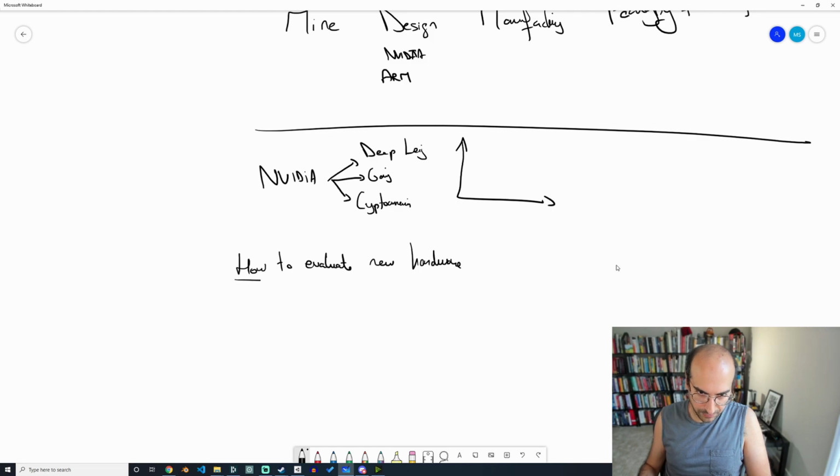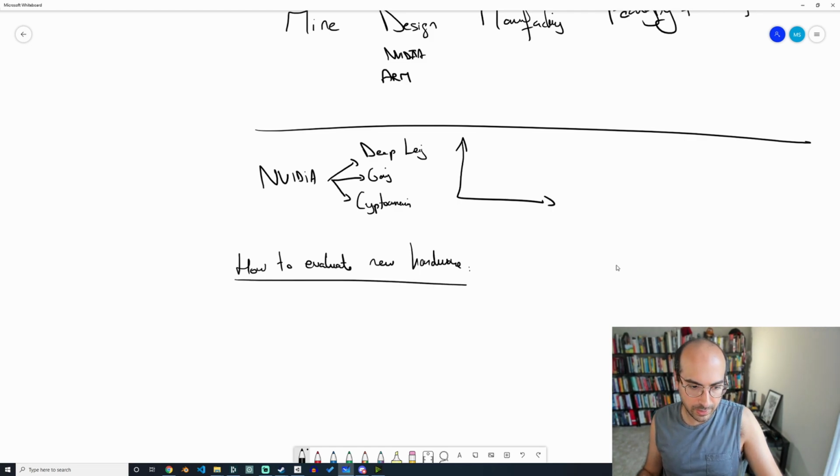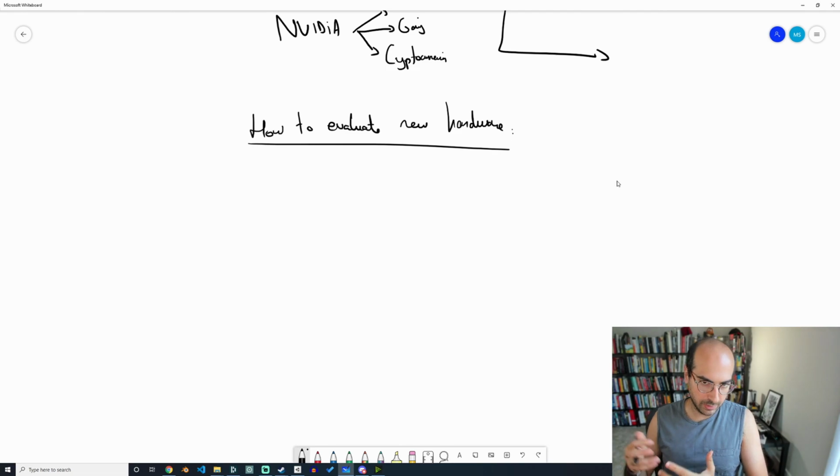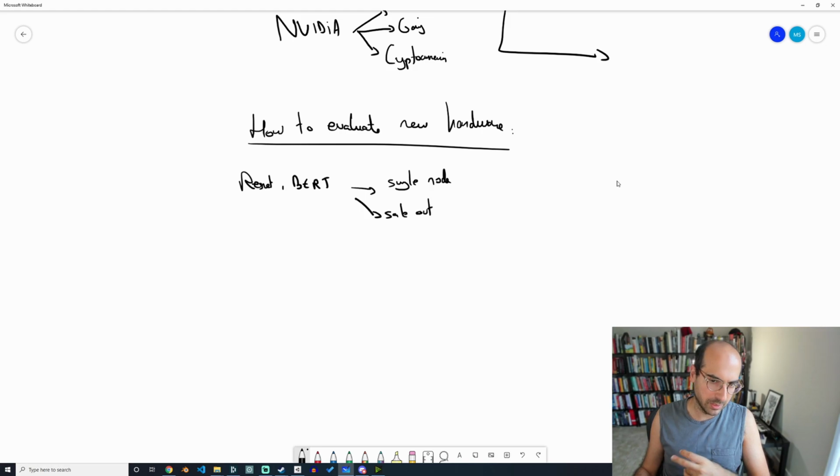The first thing to keep in mind is that when you're evaluating something, there's a couple of benchmarks that really matter. In deep learning, for example, this would be your ResNets, your BERT. And what you want to show is some good performance on a single node, but also some story as to how you scale out, right? Let's say you want to have petabyte models or whatever. How do you do that? You distribute data parallel, you shard one model. How easy is model parallelism to do, etc. So this is what I would call model level performance, but even before we get there,